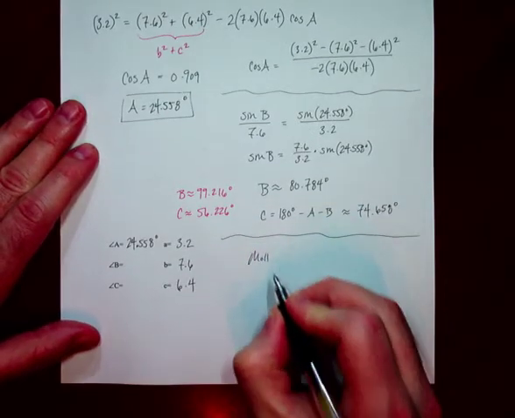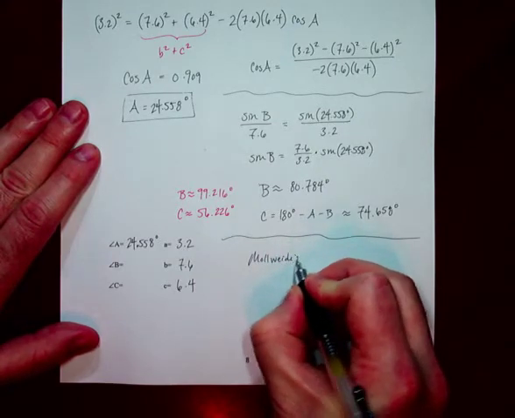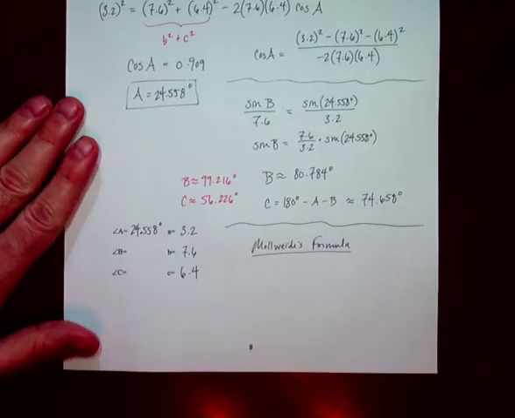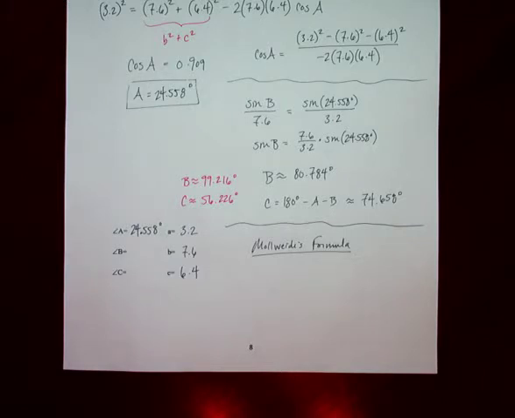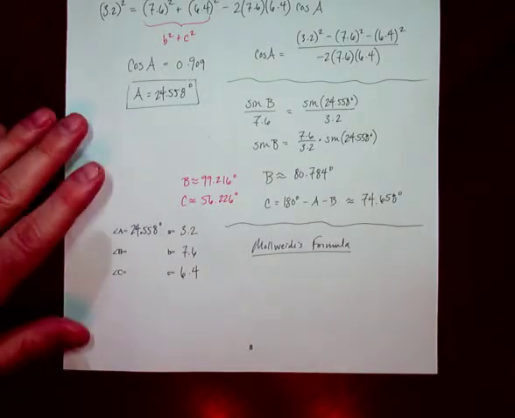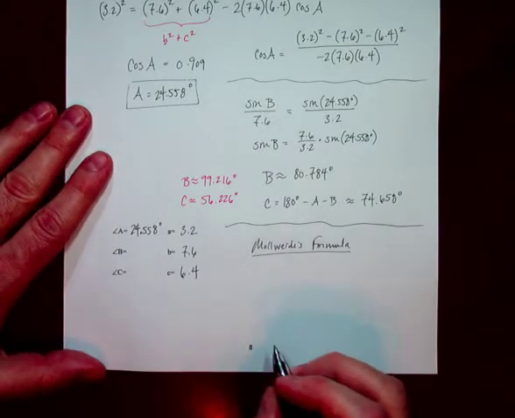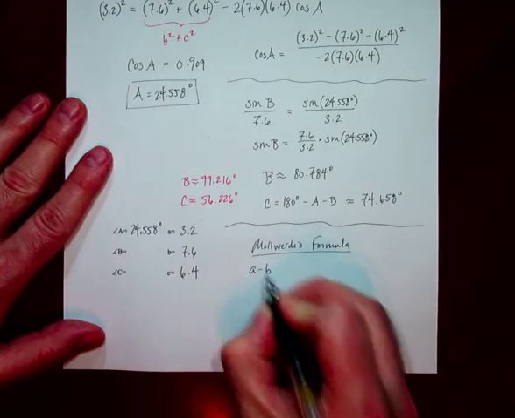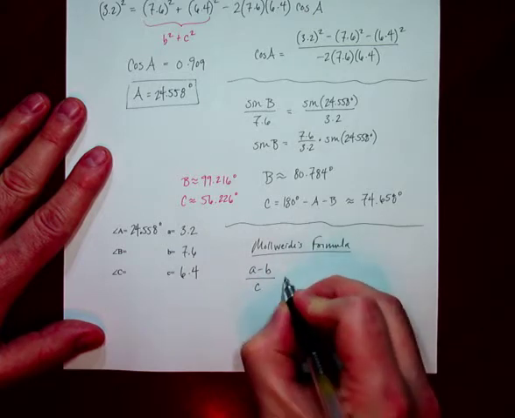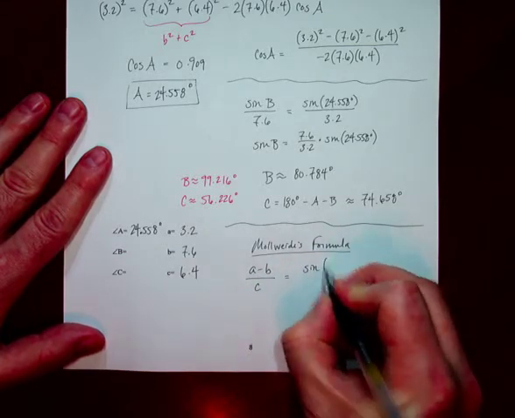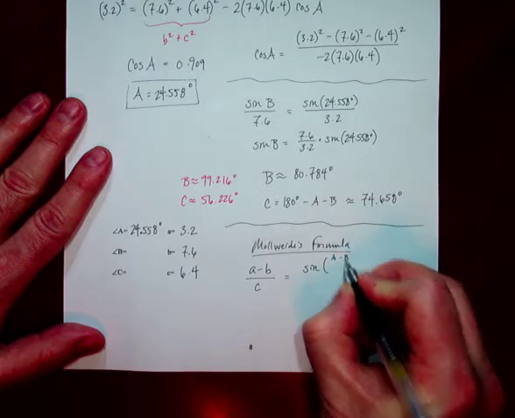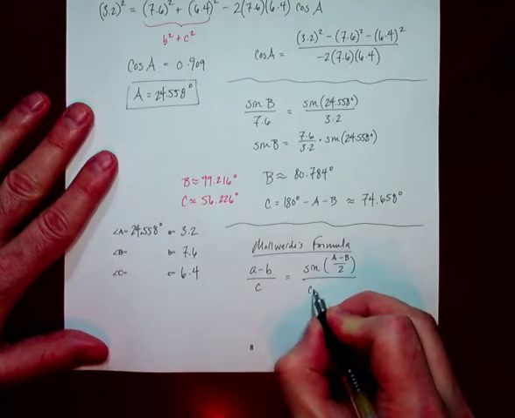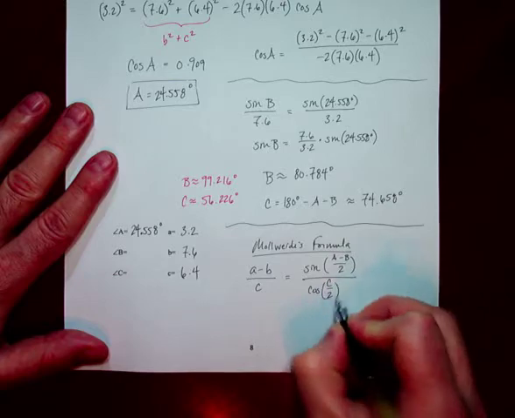I've never actually taught this to my students before, but let's see whether it's actually helpful. I'm just as curious as you are how easy it is to use. Mollweide's, and it's probably Mollweide, because the dude was Germanic, but whatever. It doesn't really matter how you pronounce it. So let's say the formula is side A minus side B over C is equal to the sine of A minus B over 2, so the half angle of A minus B,